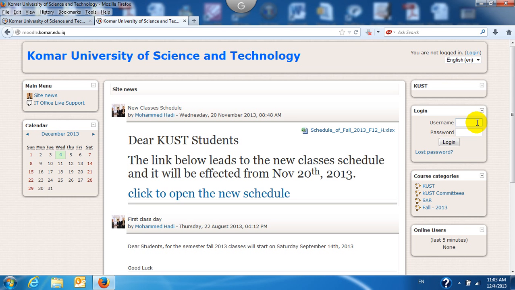The format of the email addresses is first name dot second name at komar.edu.iq, but here as the username I am not going to type in at komar.edu.iq, just the first name dot second name,